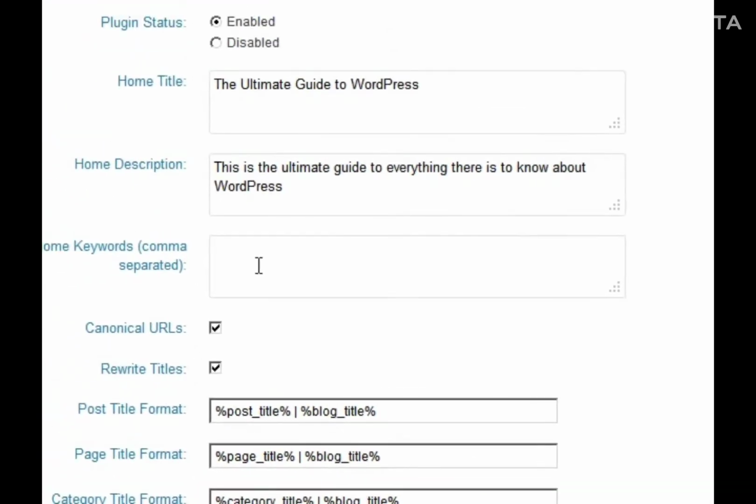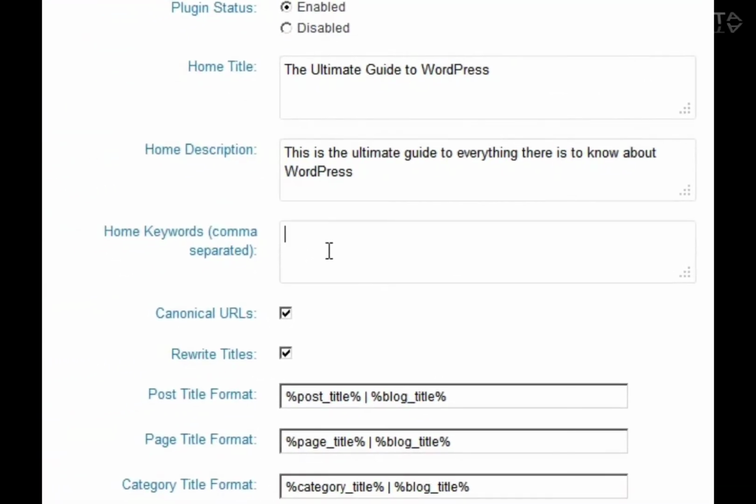Home keywords. As far as Google is concerned, they don't really look at keywords. They don't look at meta keywords anymore. But you never know when a new kid in the search engine field is gonna take over or come to the forefront. 12 years ago, Yahoo was it. Nobody had heard of Google. Then Google came along, and Google's it. Somebody else is going to come along. It's just a matter of time. And that search engine might actually use home keywords again. So it's not a bad idea to put home keywords in here,